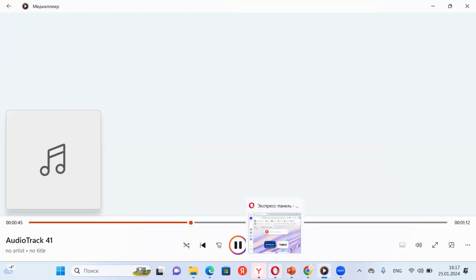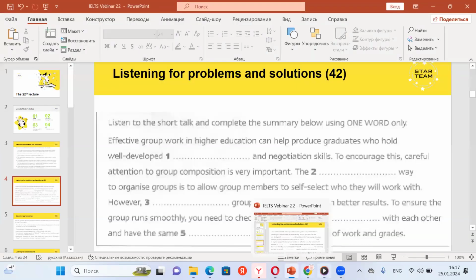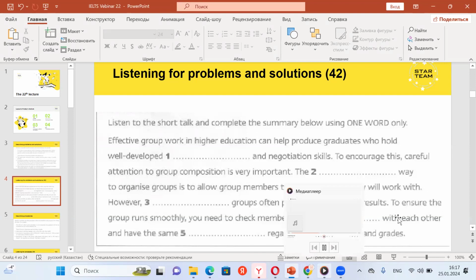Of target skills, as students will choose their friends and won't develop their interpersonal skills with strangers. My advice would be to go with random group allocation, but